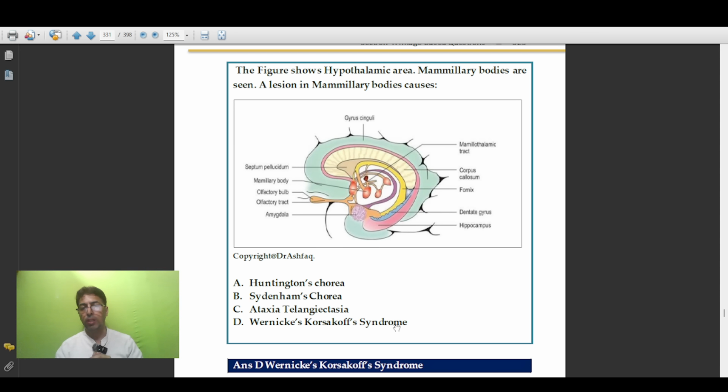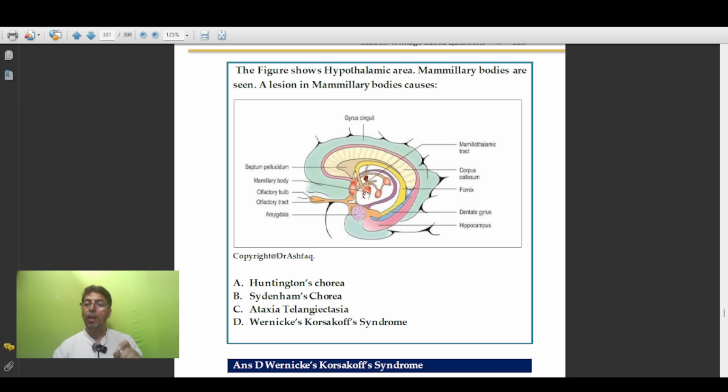Now, you have the basal ganglia, and damage to the basal ganglia would cause disorders of movement because basal ganglia are concerned with the regulation of movement. So they will cause something like chorea and athetosis, a topic which I will not discuss over here. Then you have areas like substantia nigra, which again will cause movement disorders. But as far as the specific question goes here, the mammillary bodies are shown here,